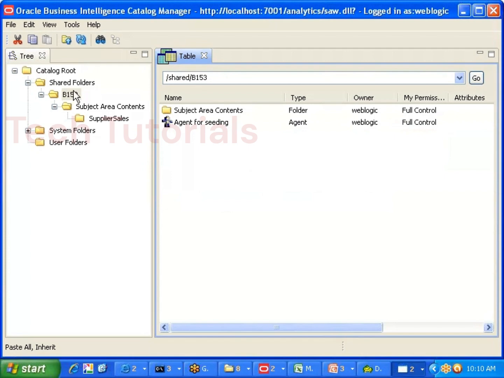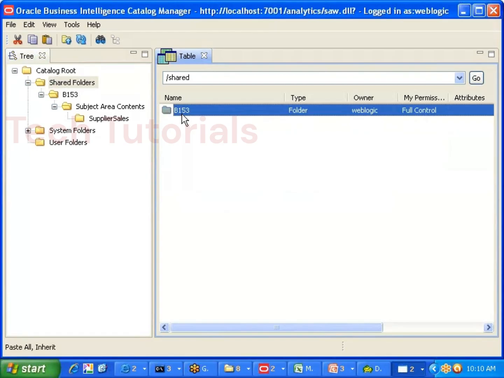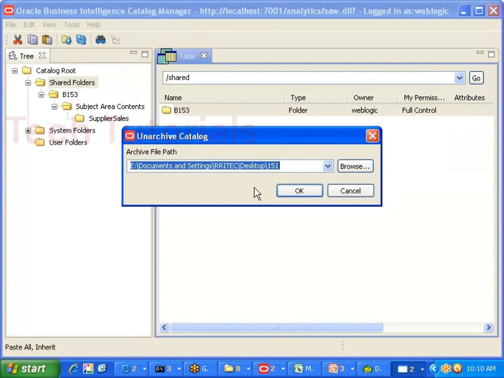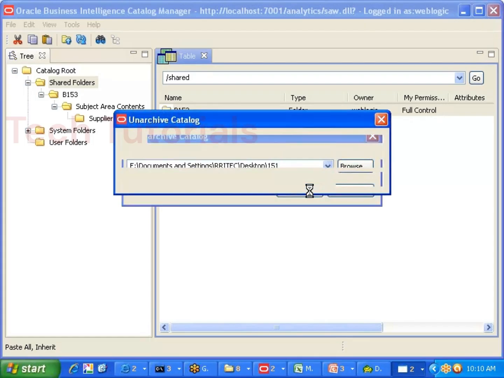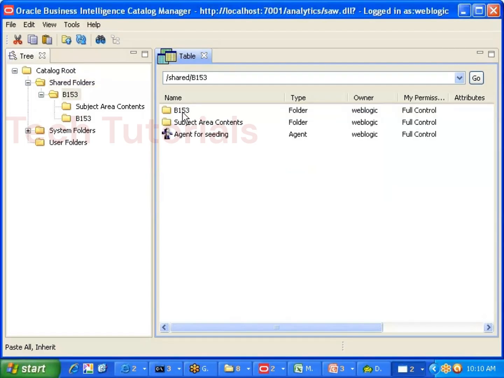Let us go to the folder wherever you want to do it. Select that folder first. Once you have selected that folder, go to the file menu. Then, sir, Unarchive. It is pointing to the folder wherever you took the backup. If it is not pointed, you need to browse and point to that folder. Click on OK. Once you have done the operation, done. Click on OK. If you go and see in B153,